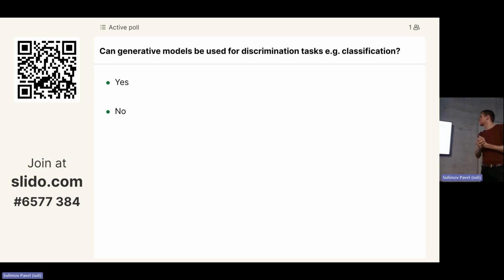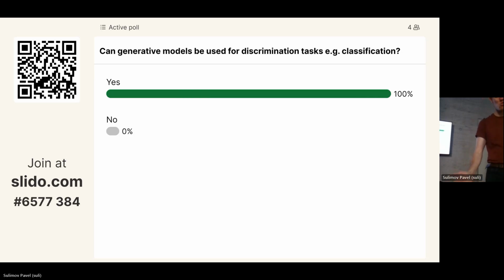But if you make the samples, does it mean that you really classify it? Maybe it's even a more philosophical question, but when everybody answers, we're going to see. So 3, waiting for the 4th one. Okay.